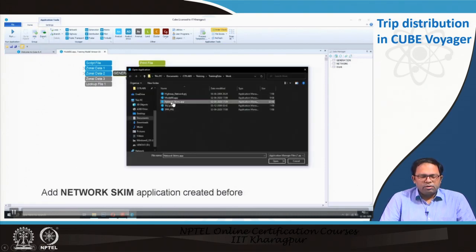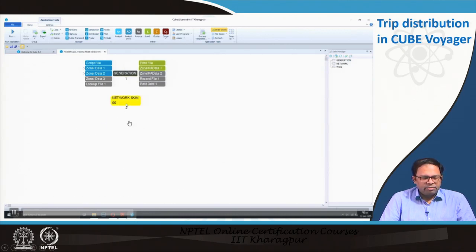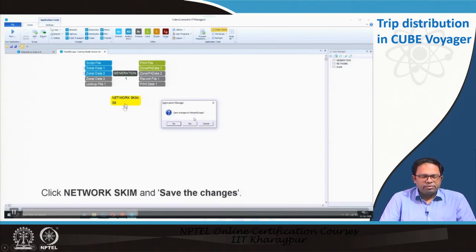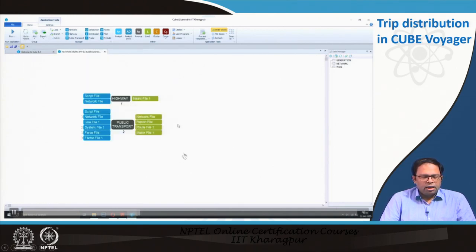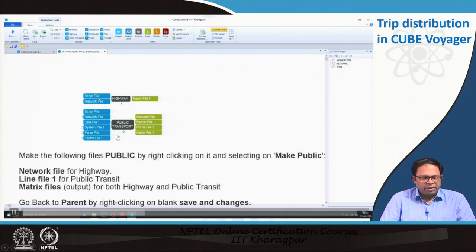We open the network scheme file, which we have already saved, and then the network scheme comes, and we save this within this particular application and organize it. We have highway and public transit, and first we have to make some of these files public because we are going to use them, and once we have done that, we will use these files directly.